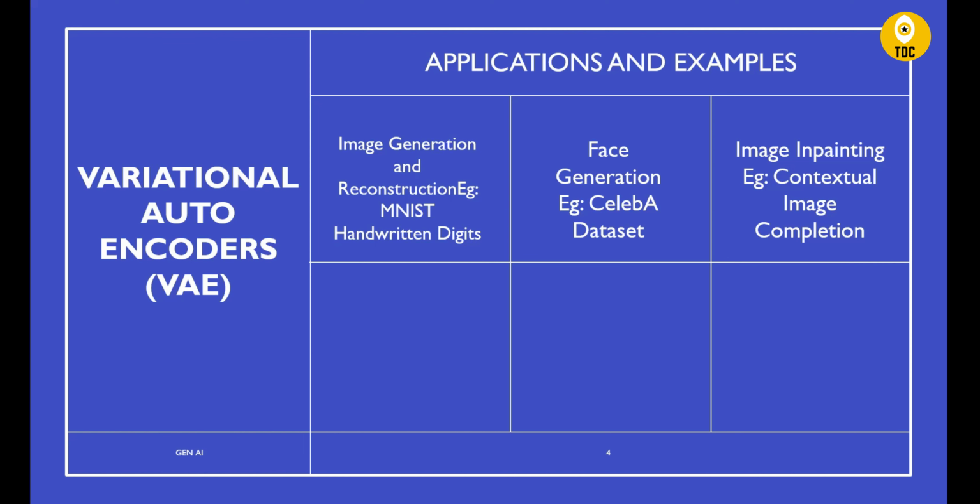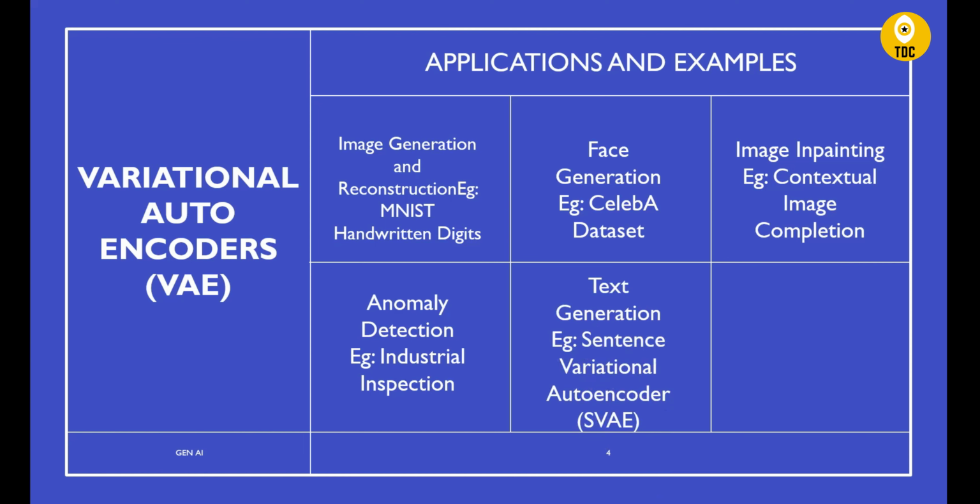And next, anomaly detection. It can also be used in anomaly detection in industrial inspections, where VAEs are used in manufacturing for anomaly detection by training on normal data. The model learns the typical variation that can occur, and can identify anomalies when presented with new data that deviates from the learned distribution. Right, so that is where applications based on anomaly detection can be created using VAEs.